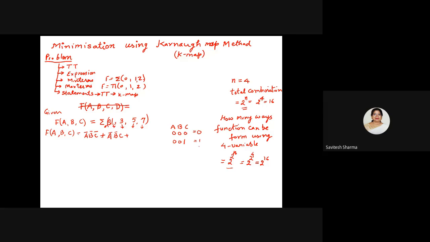3 corresponds to 0, 1, 1. If 0 is there, that means you are taking the complement for that variable. So see, here A is 0, B is 1, C is 1. If the variable is 1, I will take the true signal. Otherwise, I will take the complement. 5 corresponds to 1, 0, 1: A, B complement, C. 7 corresponds to